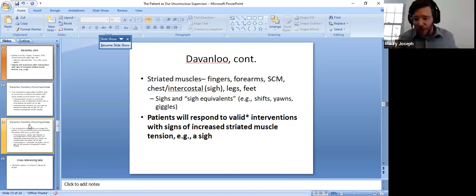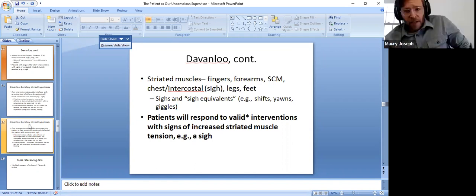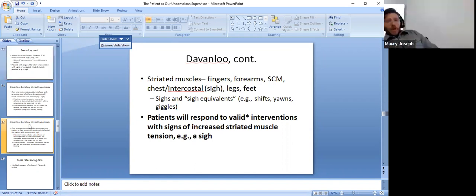ISTDP people is the sighing respiration, which is a sign that there is striated muscle tension in the intercostal muscles, the muscles between the ribs, that the body is involuntarily trying to release, trying to discharge. And so for the ISTDP therapist, the Davenloovian therapist, sighs, or what you could call sigh equivalents, which include these sort of large, gross motor shifts in the chair,